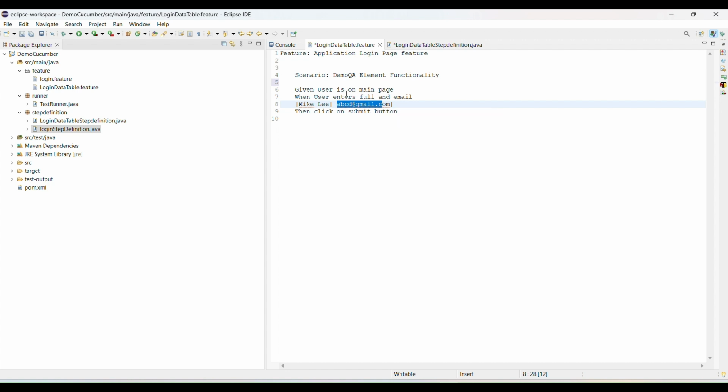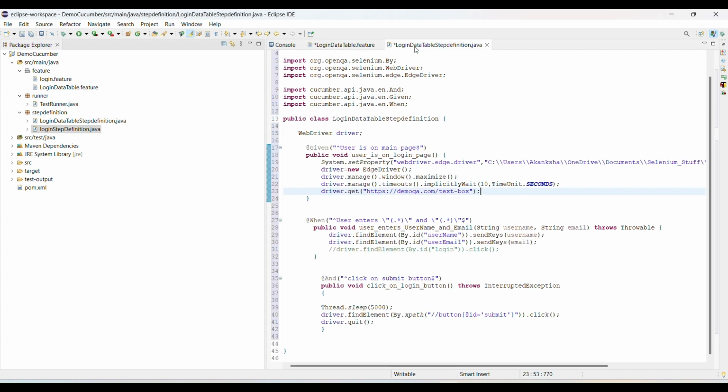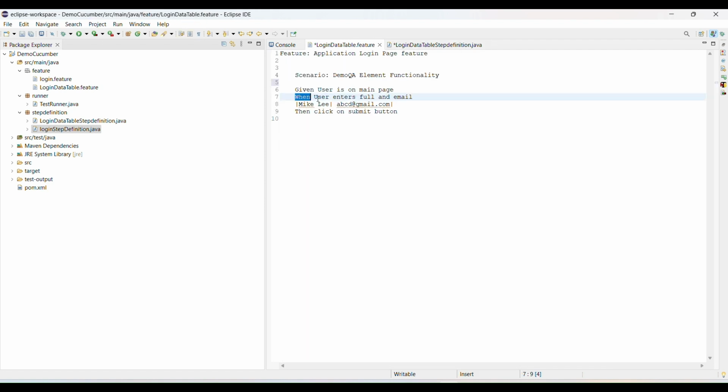So this data we need to give for this line. Let's move to here. I am using the When annotation, right? The When keyword. Here you can see when I added, and here I am using a regular expression for the data we want to perform. But right now we are not going to use scenario outline, so simply remove this and add the statement like